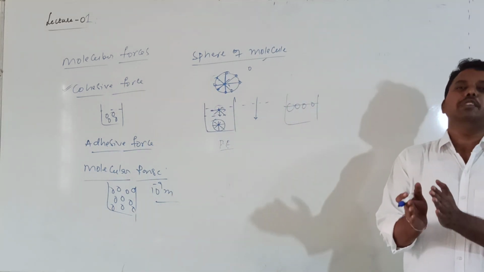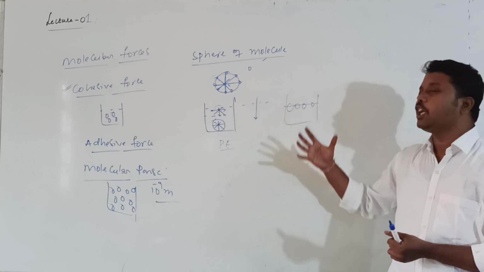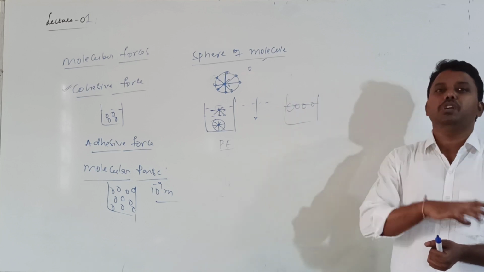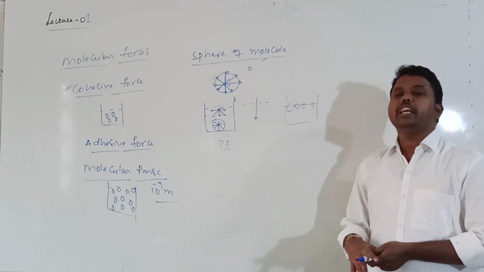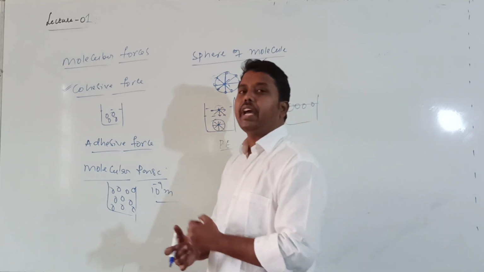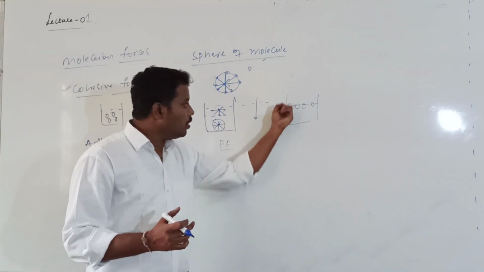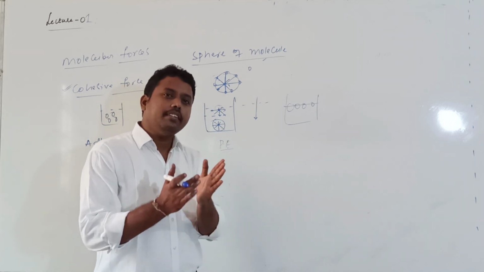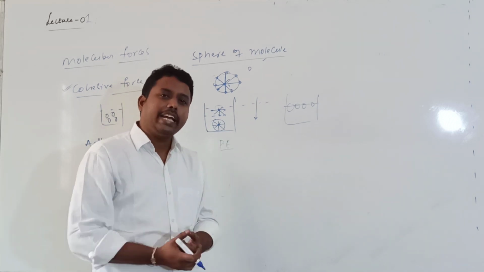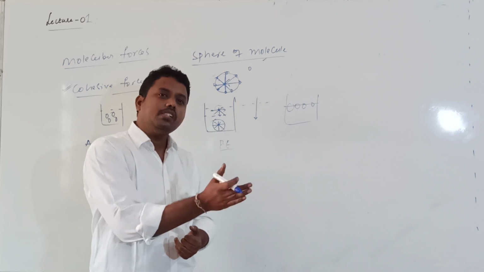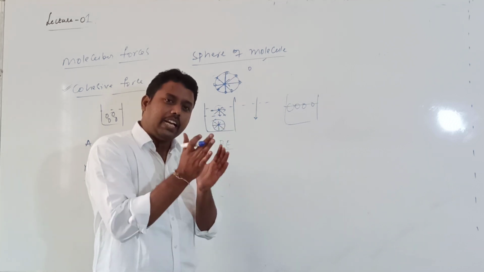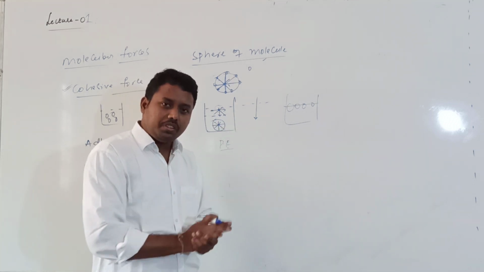In order to attain less potential energy, the liquid will try to obtain the least potential energy by itself. How can it minimize the potential energy? By reducing the molecules on the surface. It will pull the molecules inside. Automatically the surface area will contract and decrease. Then the potential energy will decrease, and the liquid will be in the stable position.